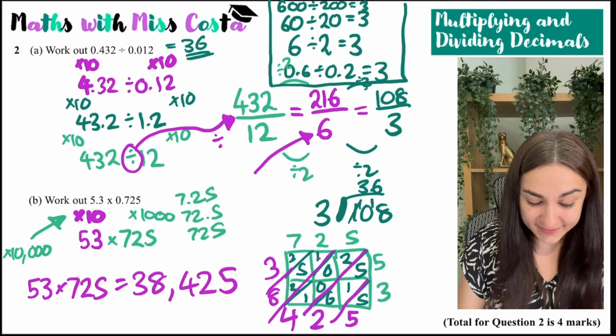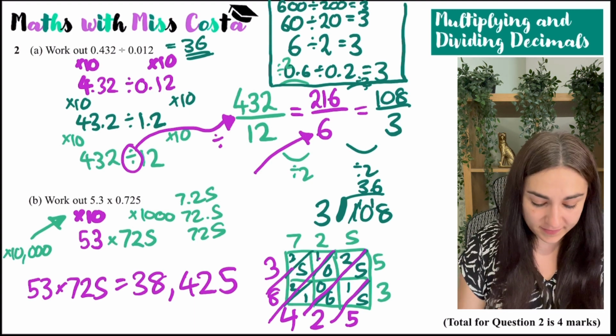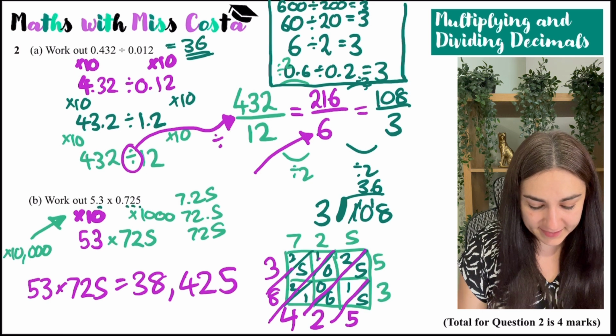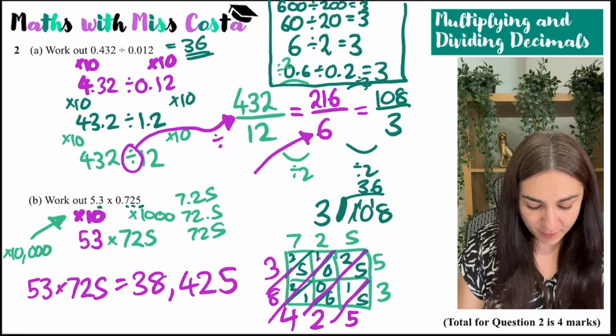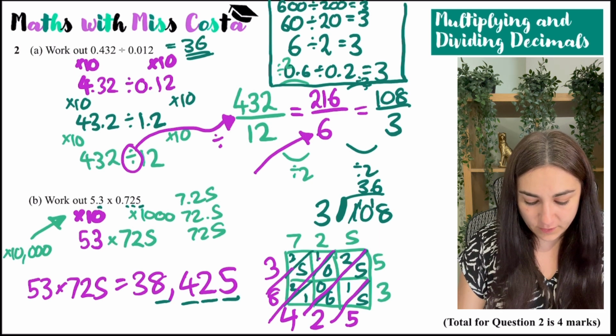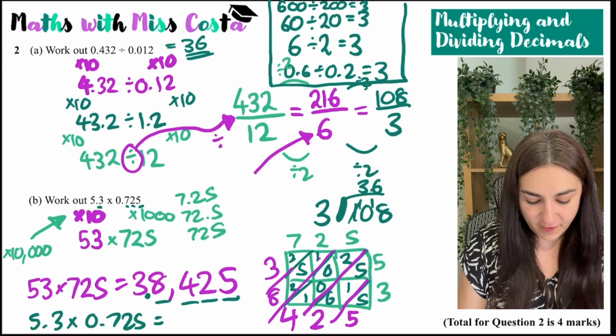Now, unlike division, that's not the same calculation. I don't get the same answer. What I have to do is think either, this is the shortcut method, you count how many digits are after the decimal point in your calculation. So there's 4 digits after the decimal point in your calculation. So you just say, okay, 1, 2, 3, 4. I'm going to put the decimal point there. So 5.3 times 0.725 is